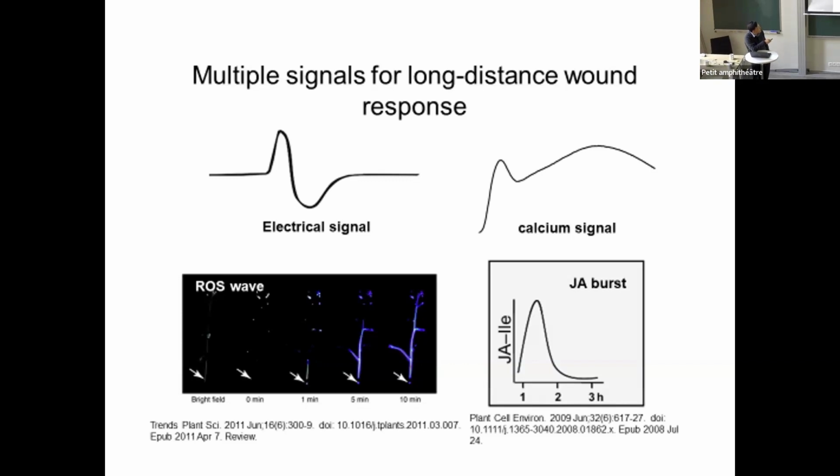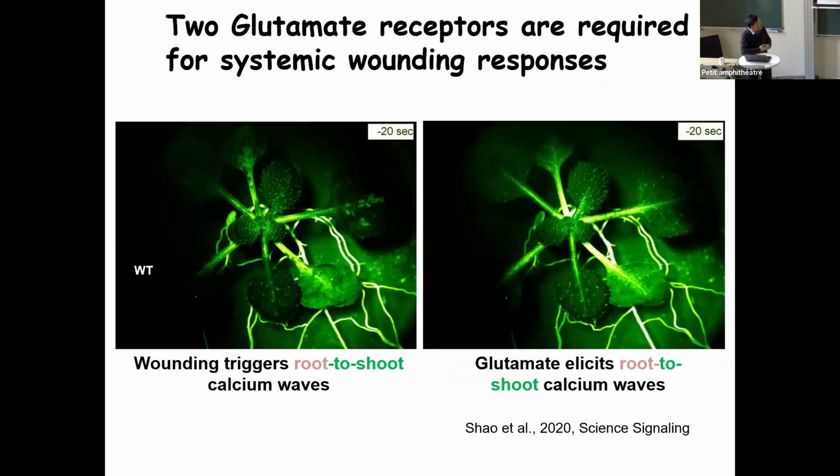One is an electric signal, just like an action potential in our nerve, really. And then a calcium wave, we call it calcium signal, calcium wave, and then a ROS wave. And all these three are required for jasmonic acid burst at the distal organ. Jasmonic acid, of course, the defense hormone, triggers the wounding response. Okay, so some 10 years ago, Farmer's Lab actually first showed that in terms of electric signal, it required